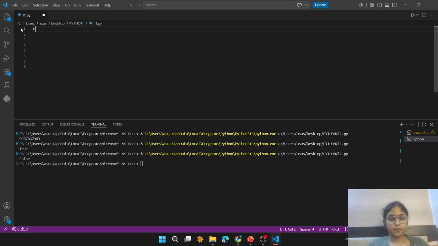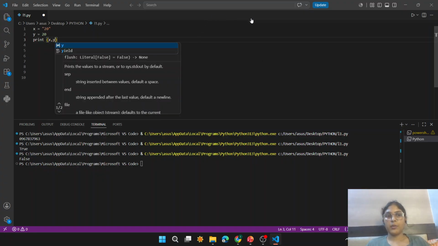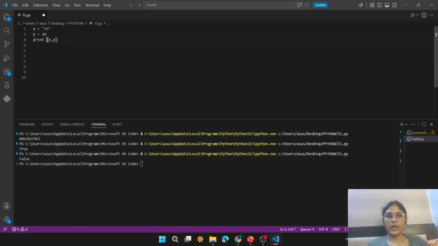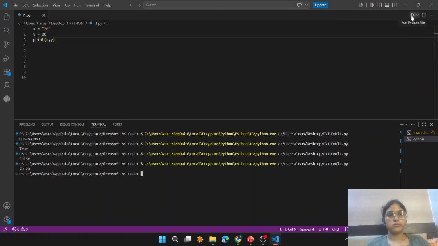If I say x has a value 20, y has a value 20, and I want to print x comma y. Remember, I have told you that you can print two values together by separating them with a comma. Okay,